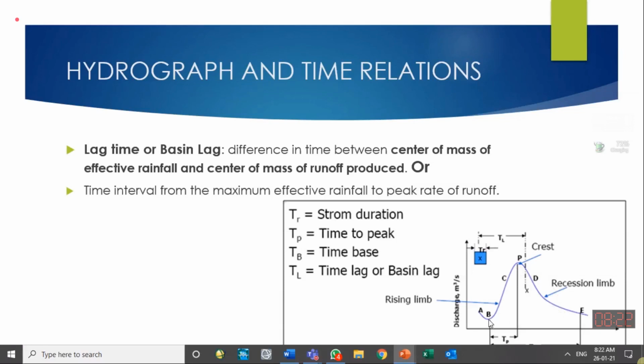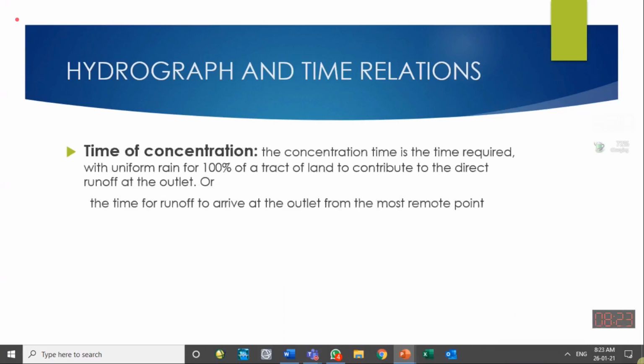In the previous method, we assumed that base flow is a constant value, but it is more logical that after the rainfall event, which has generated DRO, the base flow should not be the same as the previous one, which was after a long dry period. So after the rainfall, usually we have a little bit higher base flow. So there should be an increase in the base flow.